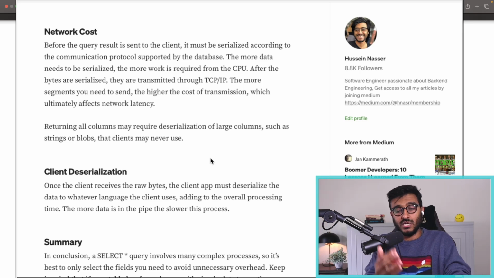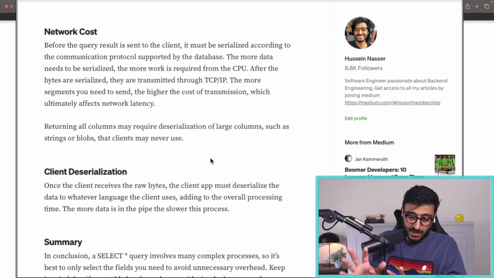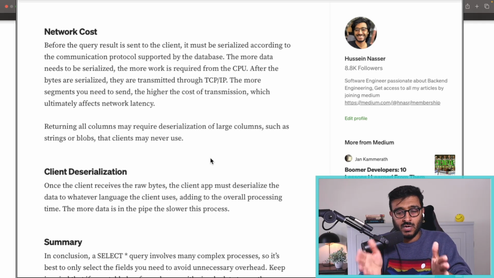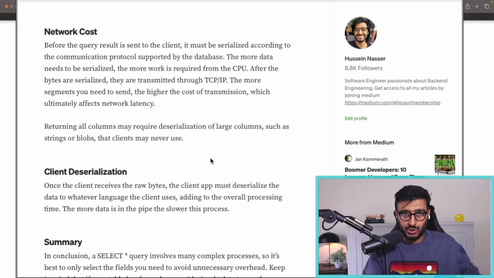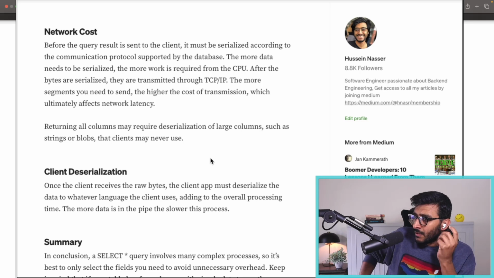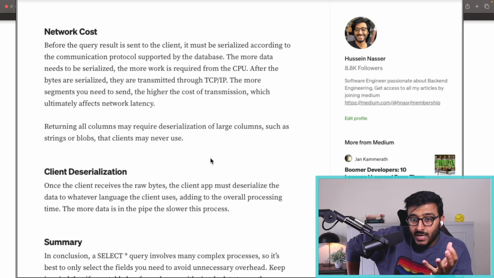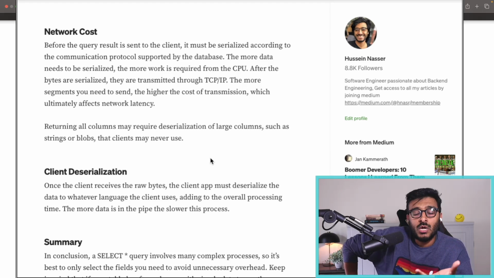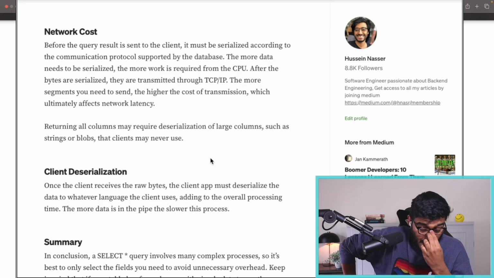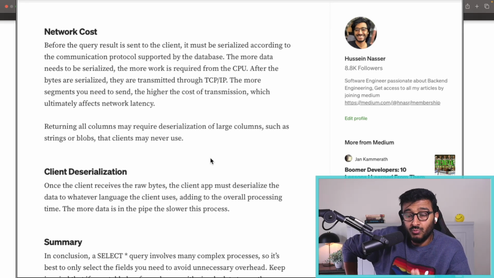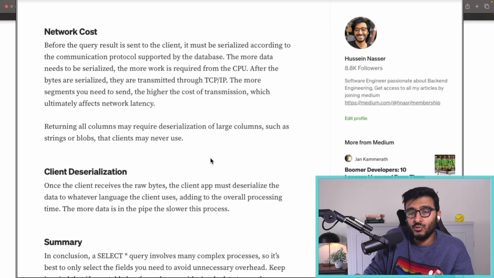So it goes down to segments, and then IP packets, and those IP packets are shipped. Now, if you're sending really large columns, the database SQL result will be so large that you will feel the network transmission, especially if you have larger latency, because now I need to write,